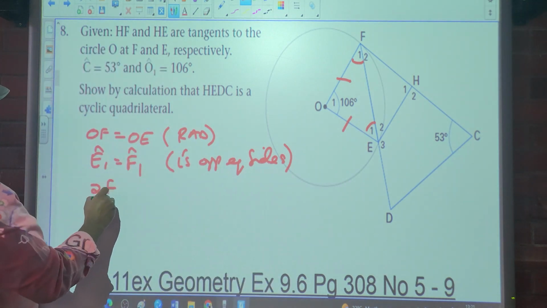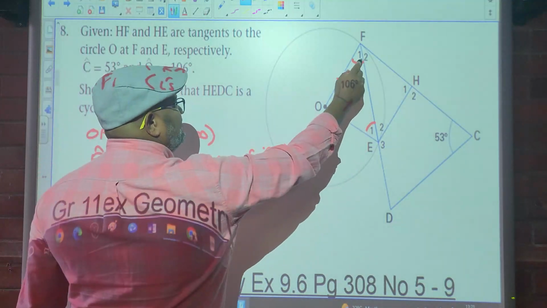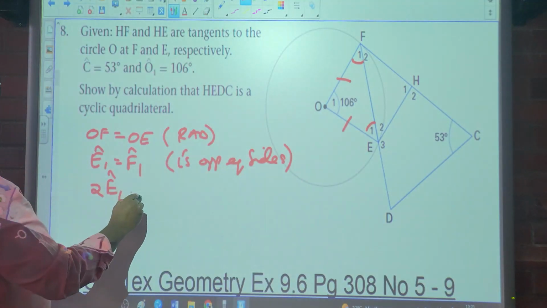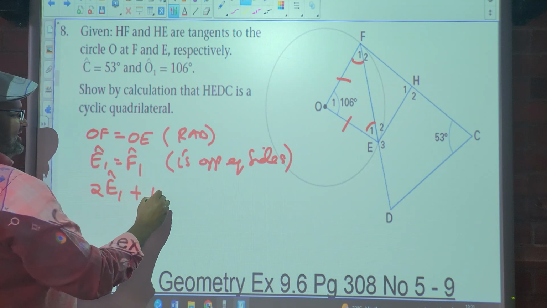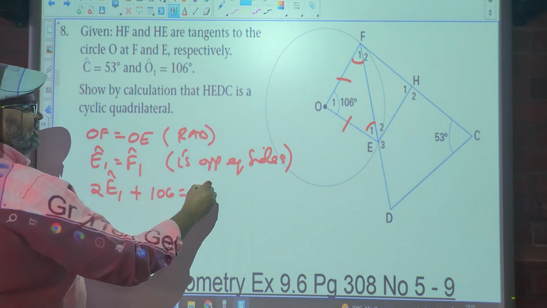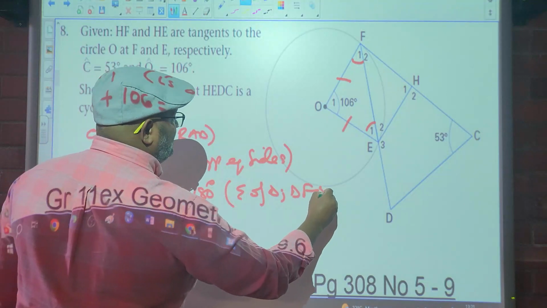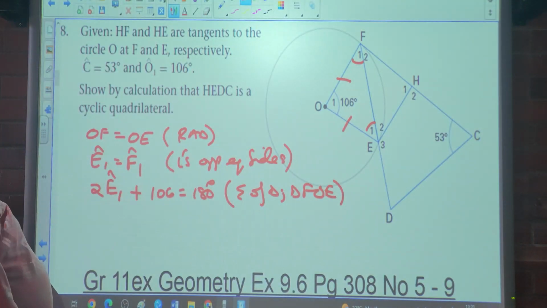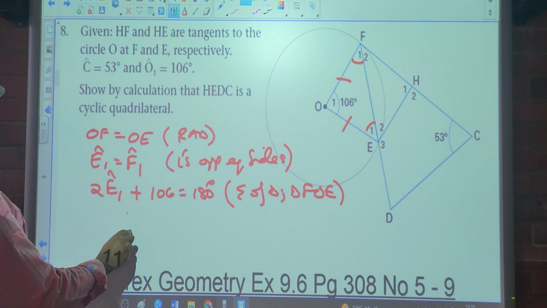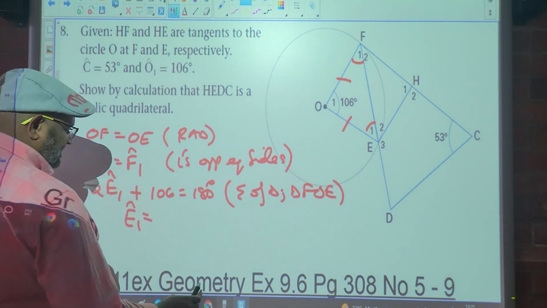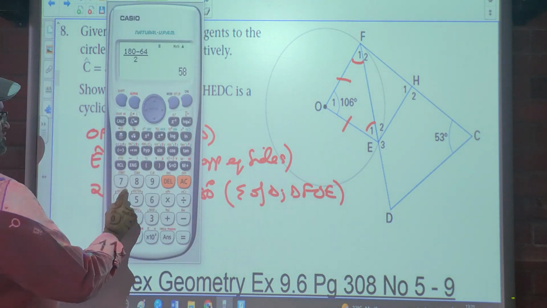So angle E1 plus F1, which is also E1, that's why I said 2E1 plus 106 is equal to 180. Why? Sum of angles of a triangle, triangle FOE. So angle E1 is equal to 180 minus 106,